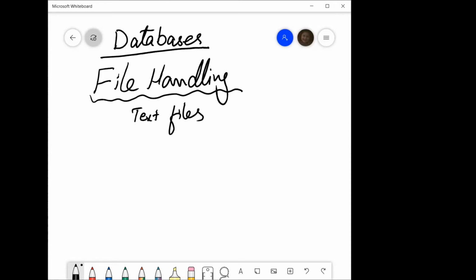In text files, there were some issues which we actually did not discuss as issues. We just worked on file handling in our A1 paper 2,